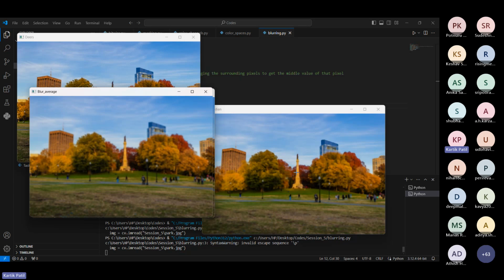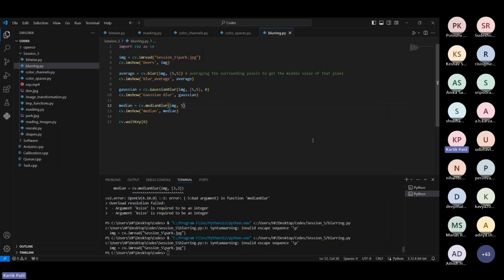See the outline for this tower and see the outline for this tower. Now this blur is more like the intelligent blur kind of thing, right? But why is this? Because what happens in median blur is we have 3 cross 3 squares, right? We cancel that window. So imagine that we have 3 cross 3, like 1, 2, 3, 4, 5, 6, 7, 8, 9. We are calculating the middle one. We will take the surrounding values of the pixels, like surrounding intensities of the surrounding pixels, and we will take